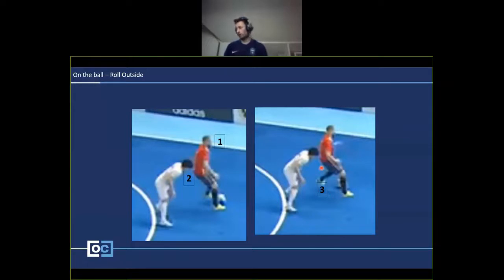And again, haven't really spoken much about finishing in this video. Could be something for another presentation. Don't want to ruin everyone's material. But he's shooting across the goal. He knows he's got a defender, who we saw the first attacker clear through to the back post. He knows he's got someone there if it doesn't actually go in. But he ends up banging it in bottom bins anyway. So fair enough.